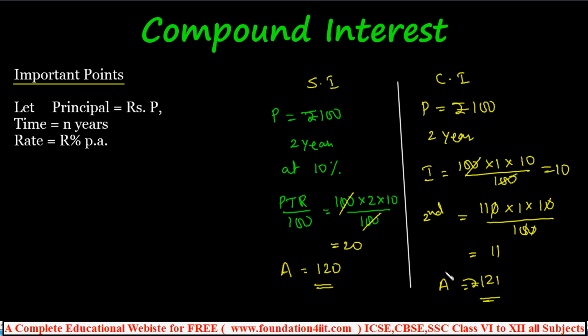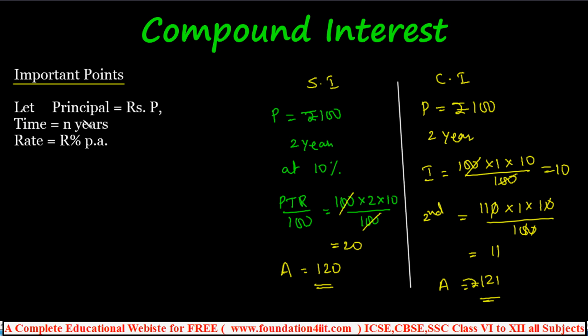Because of the small number, you got just 1 rupee difference. So simple interest gets less interest. In compound interest, the interest is added to the principal every year. Not only yearly, we can calculate compound interest even half yearly or quarterly. Half yearly means every 6 months we add the interest to the principal. If it is quarterly, it is every 1/4 of the year, every 3 months, we count it and add it to the principal. Those types I'll explain in 5 different formulas.